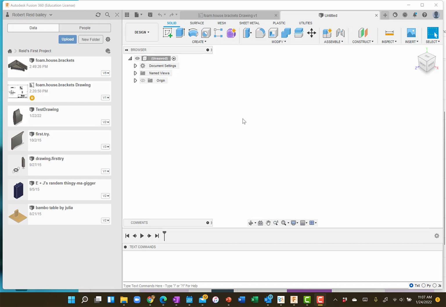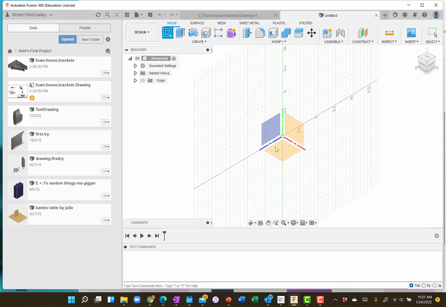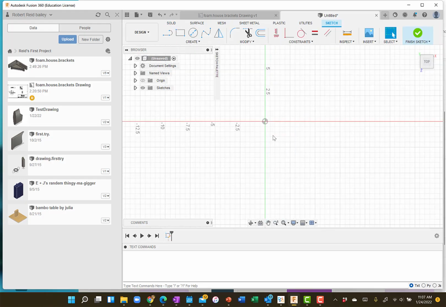All right, going to take you through a quick demo of how to emboss words onto a solid model in Fusion. So I'm going to start just with a sketch, and in our case, I'm going to sketch out a circle. Let's say it's 2 centimeters in diameter. And now I'm going to finish the sketch,